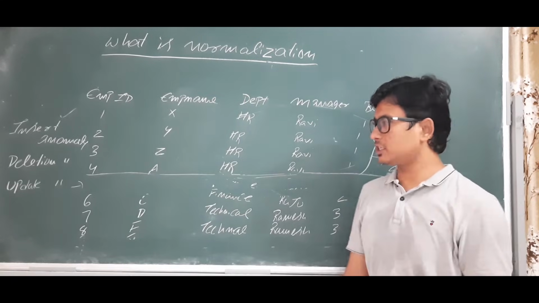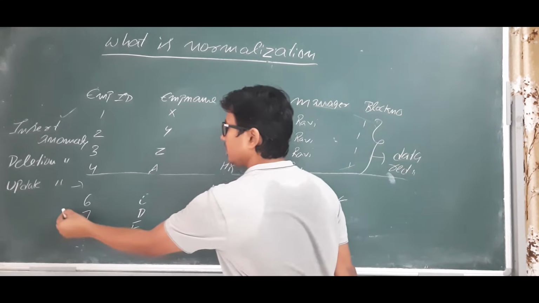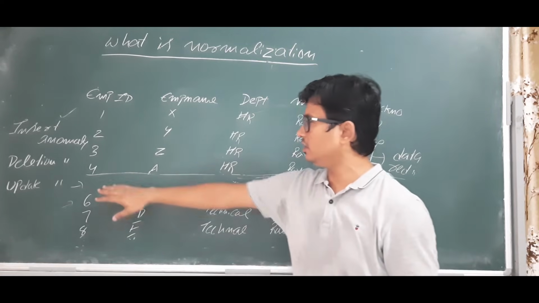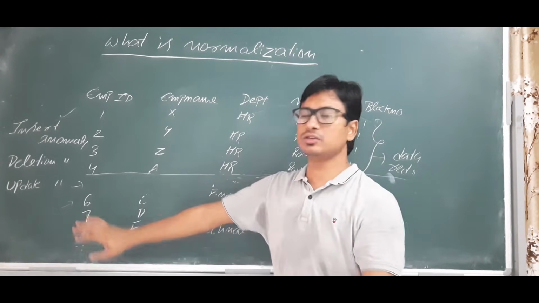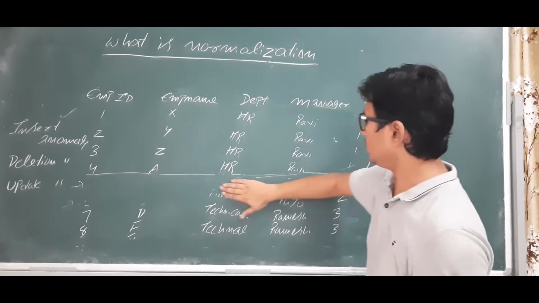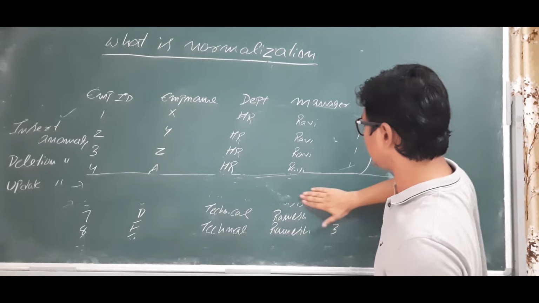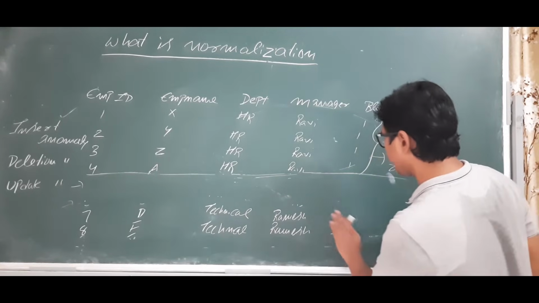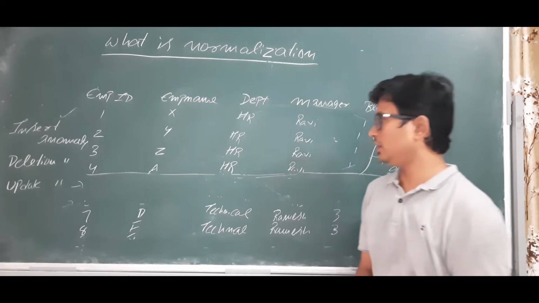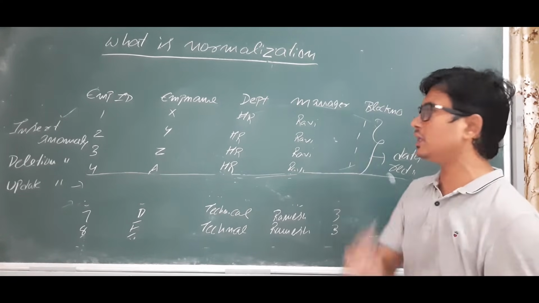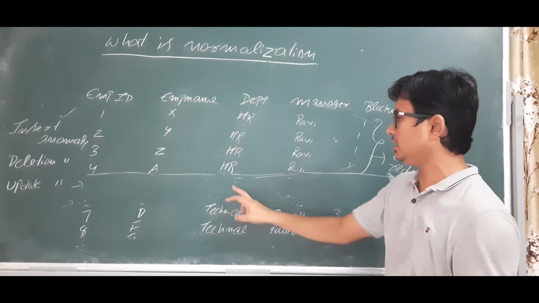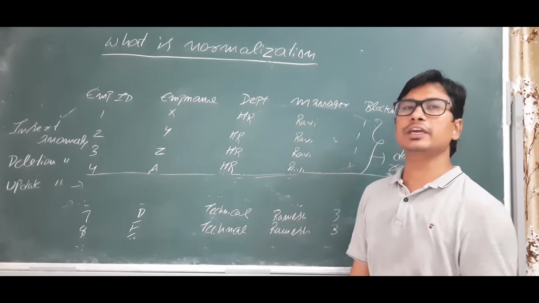Next, they have asked me to delete the entry for employee ID 6. Meaning that they both left the organization. 5 we have removed, 6 is also removed from the organization, or he left voluntarily. Then what will happen? If you see this data after deleting employee ID 5 and 6, you can observe one thing: previously there are 3 departments. One is HR department, finance department and technical department.